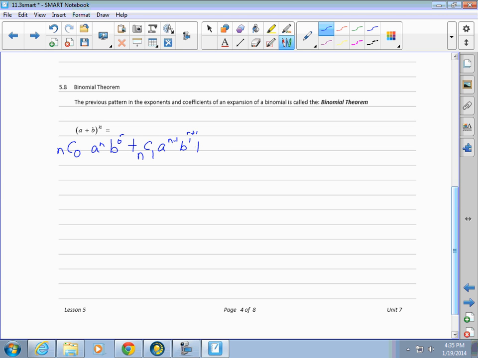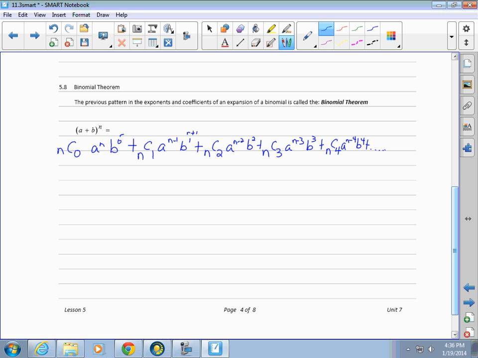So then the next one was plus nC2, a to the n minus 2, b squared, plus nC3, a to the n minus 3, b cubed, plus nC4, sorry, I just lost my train there, a to the n minus 4, b to the 4th, plus,